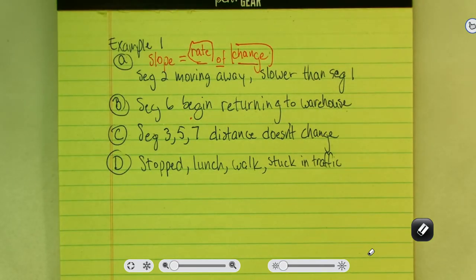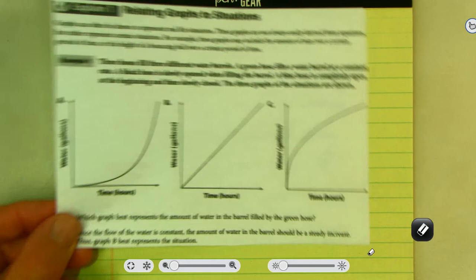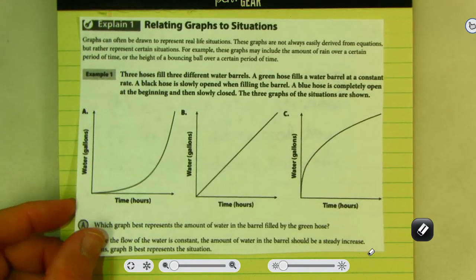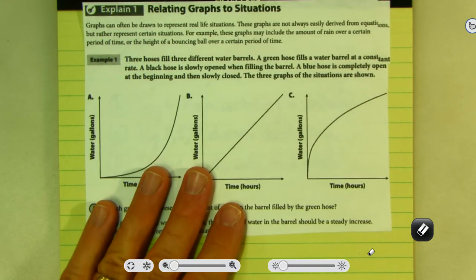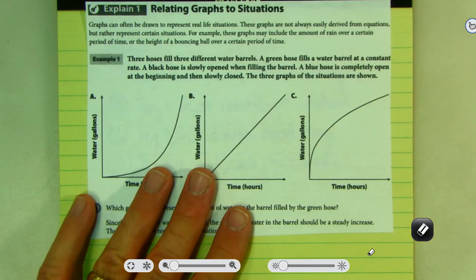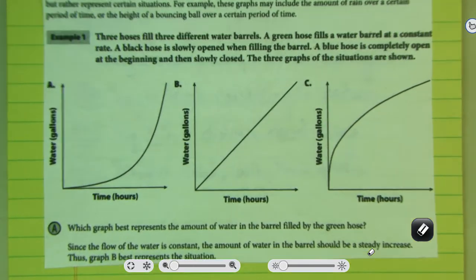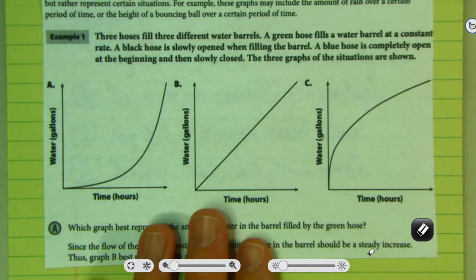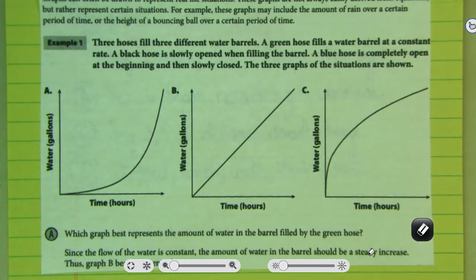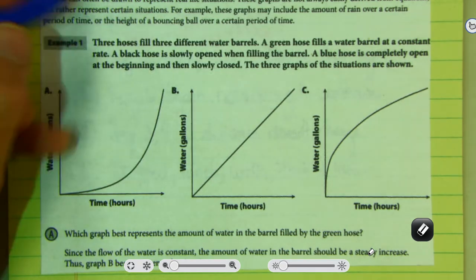Let's look at another example. This one's a little different from that one. Let me zoom in a little bit so you can see it a little better. I like to fill up the screen if possible. So we like to draw graphs of real life situations. In this example, example number 2,